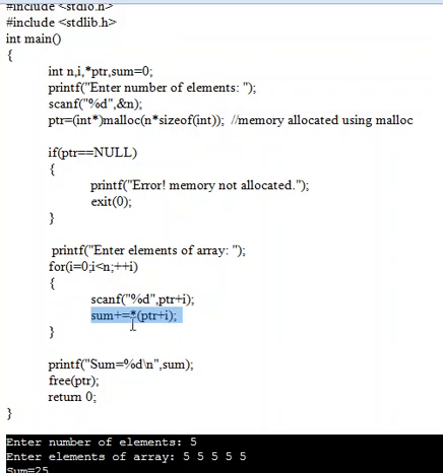When we write star, it gives the value from that address. Now again the value is 5. So sum equal to 5 plus 5. Now sum equal to 10. Like this it has to read the total 5 elements and add those 5 elements to sum.